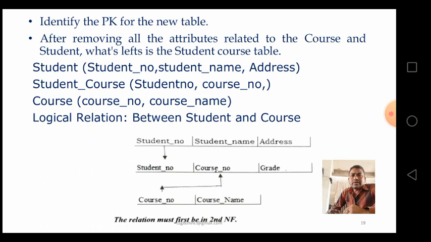Like this, using the second normal form, whatever repeated fields are used in tables are removed from the tables. All the attributes depend on the primary key, like the student number and course number are the primary keys used in this table. This is the second normal form.